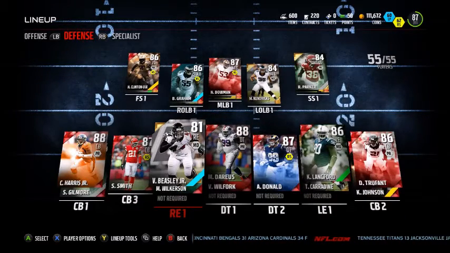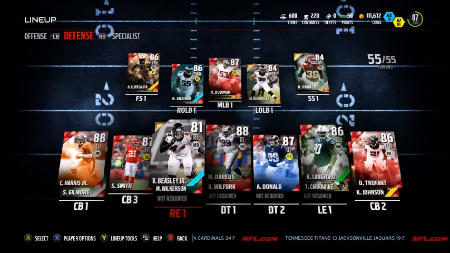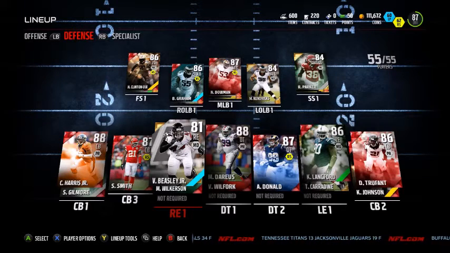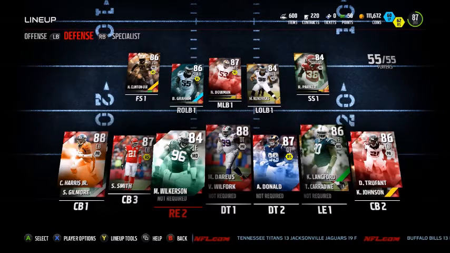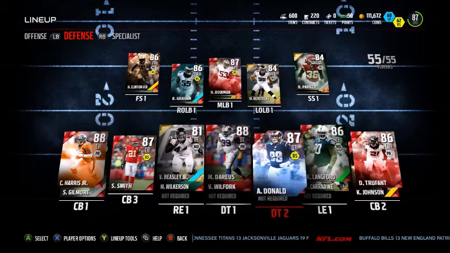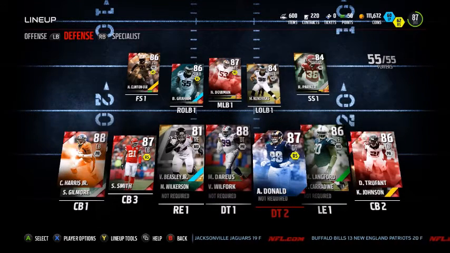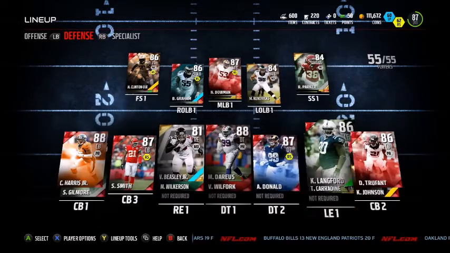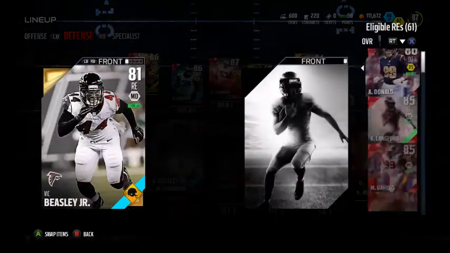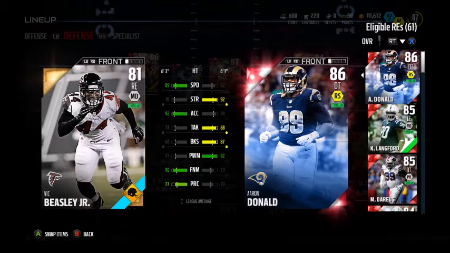For DTs and LEs and stuff, I have Vic Beasley because he's a fast guy, a fast power move type of guy. And then under him, I have Muhammad Wilkerson because he's a block shed type of guy. I'd sub Muhammad Wilkerson in if my opponent likes to run up the middle and has a slower running back, so I know that I can still get him. If my opponent has a faster running back and likes to run to the outside,